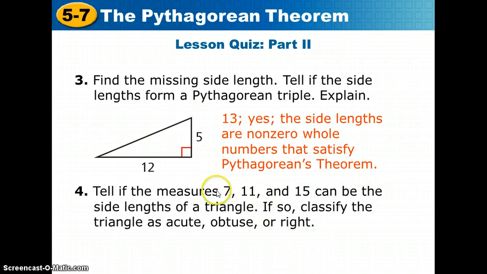And number 4, tell if these can be side lengths of a triangle. If so, is it acute, obtuse, or right? 7 plus 11 is greater than 15. 11 plus 15 is greater than 7. And 7 plus 15 is greater than 11. So it does form a triangle. And when I add these two and square, 15 squared is still greater